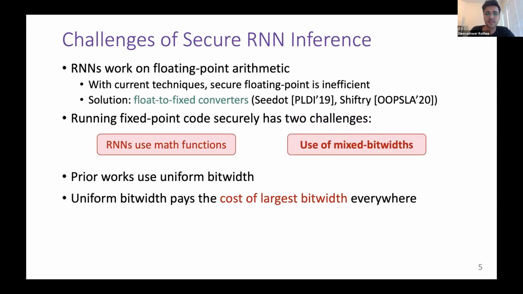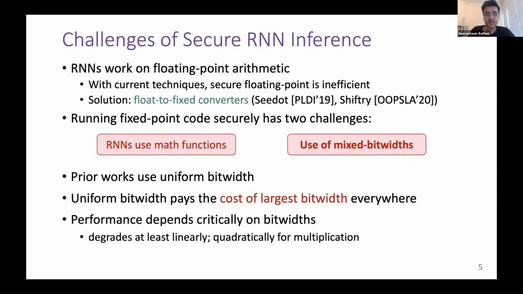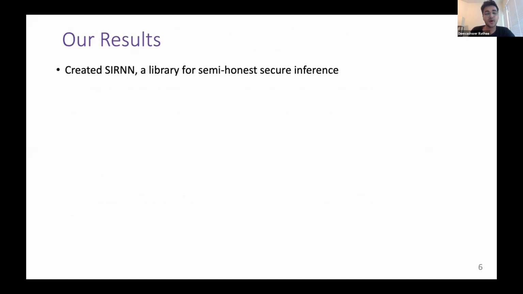The second challenge is that the output fixed point code uses a mix of different bit widths, and prior works only support uniform bit width, which pays the cost of the largest bit width everywhere. This is not great because the performance of 2PC depends critically on bit widths and degrades at least linearly with increase in bit width. So addressing both of these challenges, we have created SIRNN, which is a math library for